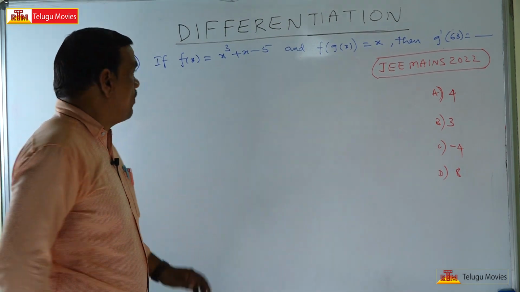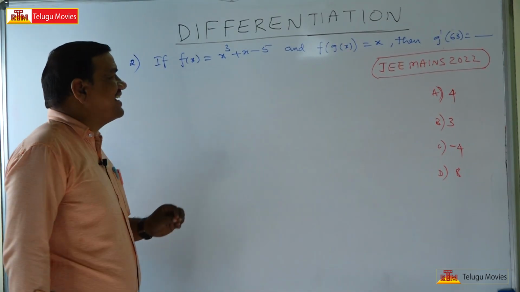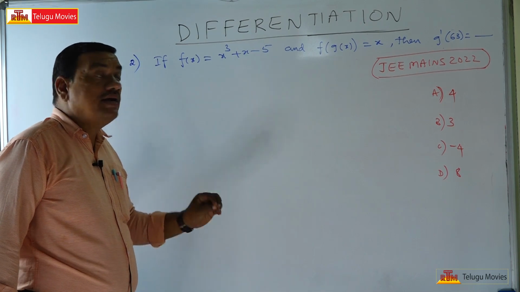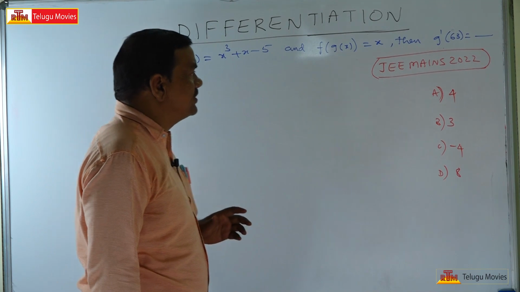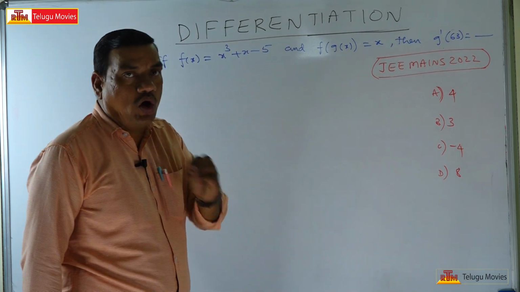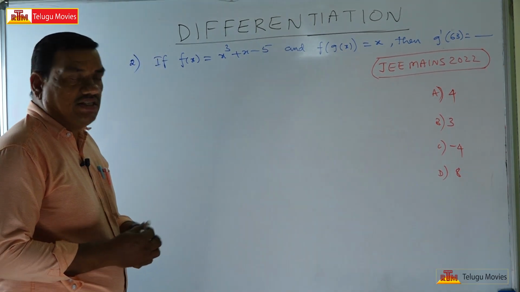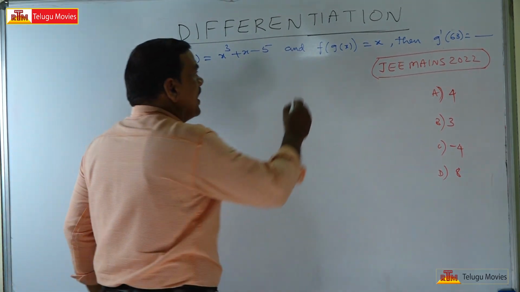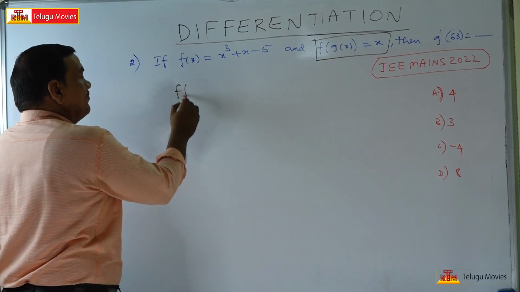Welcome to the second problem. If f of x is equal to x cube plus x minus 5 and f of g of x is equal to x, it is a composite function, then g dash of 63 is equal to how much? He is asking. Very nice problem. First, by seeing this problem as it is, if you see this relation, that is f of